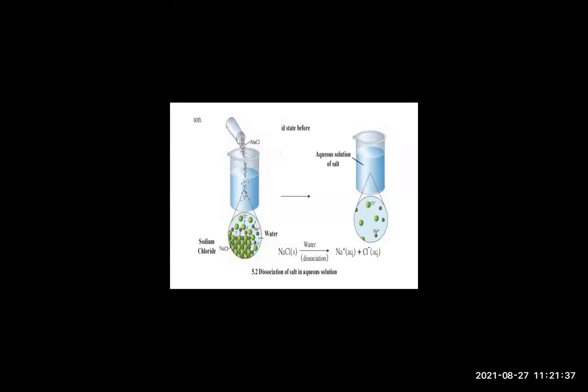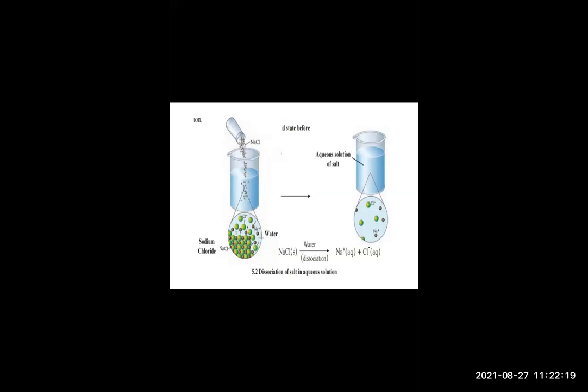Once again, I'll repeat by this activity. Each of the dissociated ions in the aqueous solution is surrounded by what? Water molecules, because we added sodium chloride in water. Aqueous means you have mixed with water. So you have to use the symbol aq while writing the chemical equation. You will mention it as Na plus (aq), Cl minus (aq). What is meant by aq, students? Write in the chat box. What does aq mean?